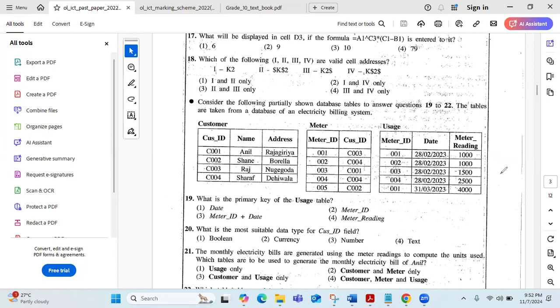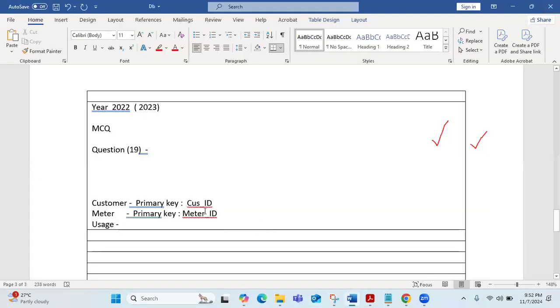So hope it is clear now. This won't come, and here also date won't come. Then in that case, what you do? We have a composite primary key. That means meter ID plus date. So for the usage table, primary key is